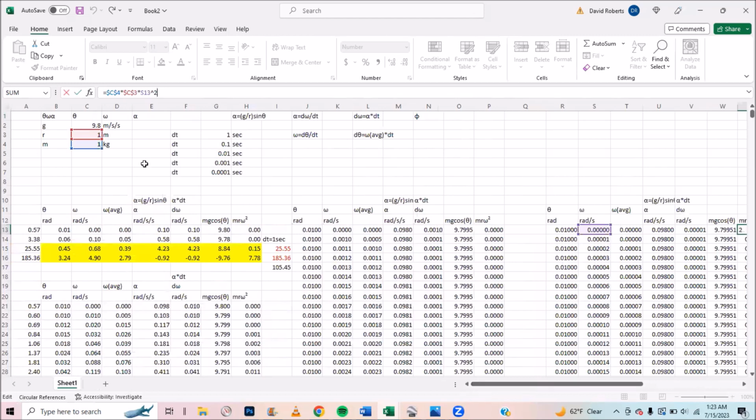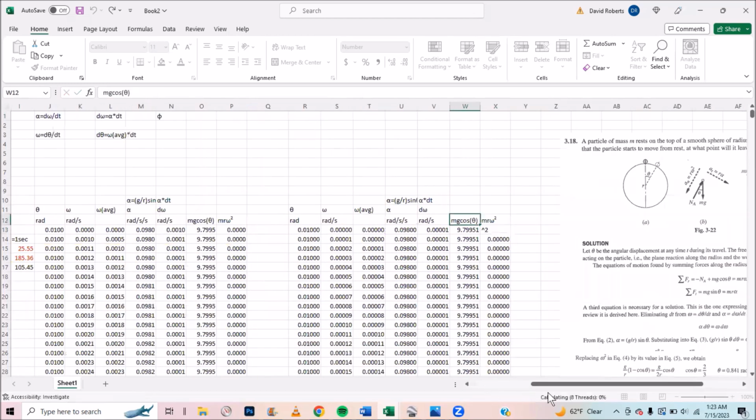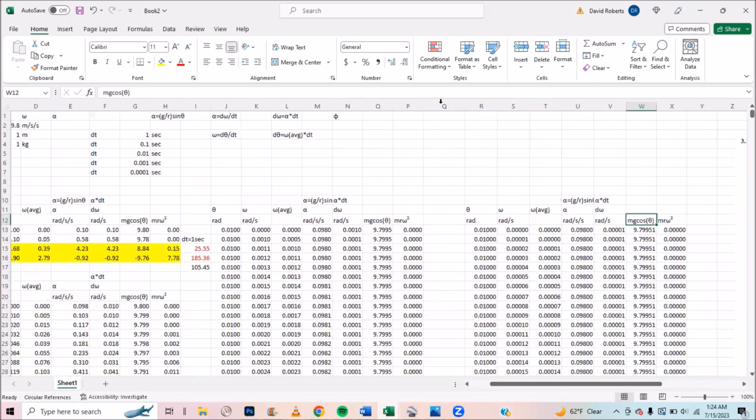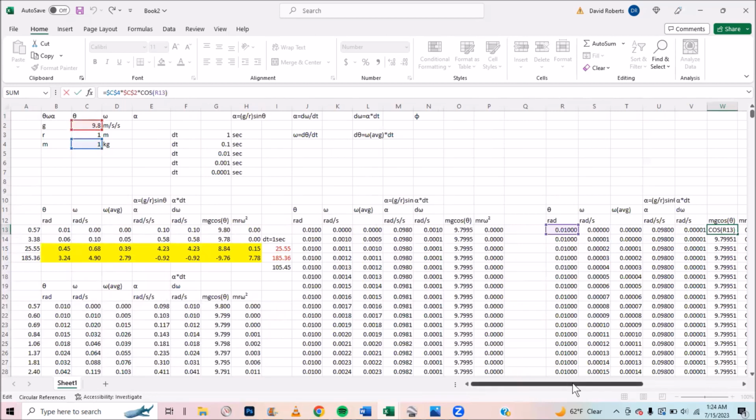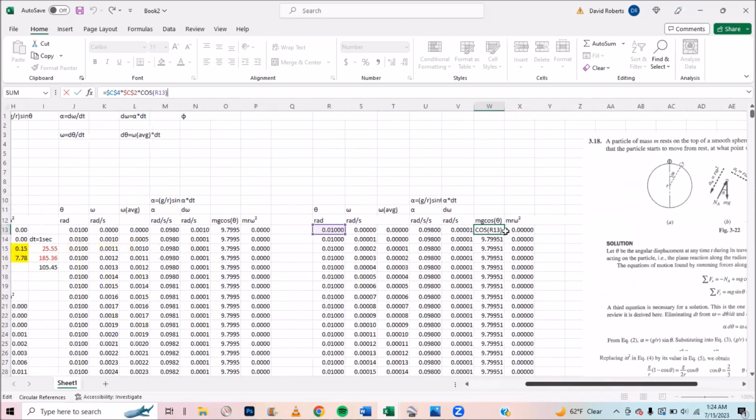If you want to see where those values are, r's over there, m's over there. If you want to see where the mg cosine theta is, the cosine, your angle is just right there. And then there's your G, and then there's your M. Okay, but we're actually going to do one of these from scratch, because this took, look at this,